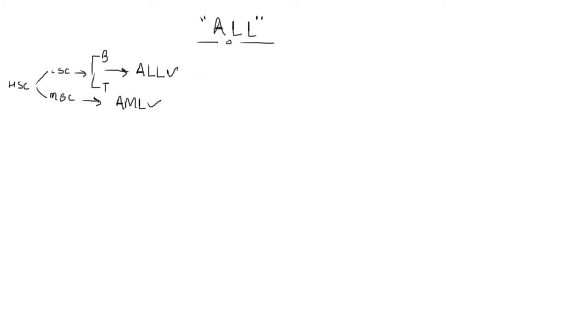In this video, we will primarily focus on the ALLs. The lymphoblasts are of two types, that is the B lymphoblast and the T lymphoblast. So if the acute lymphoblastic leukemia is arising from the B lymphoblast, it is called B-ALL, and if it is arising from the T lymphoblast, it is called T-ALL. So this is the basic scenario: what is ALL, what is AML, what is B-ALL, and what is T-ALL.